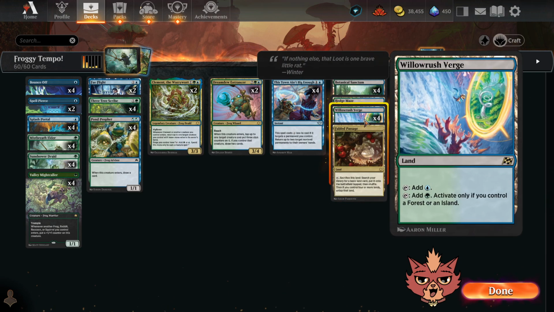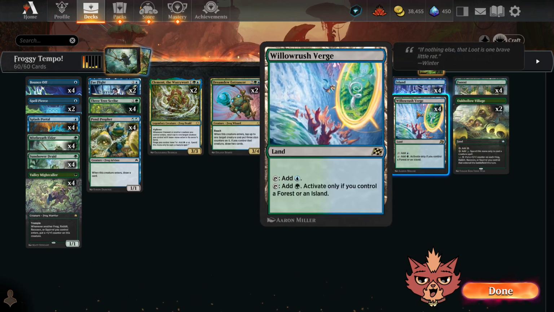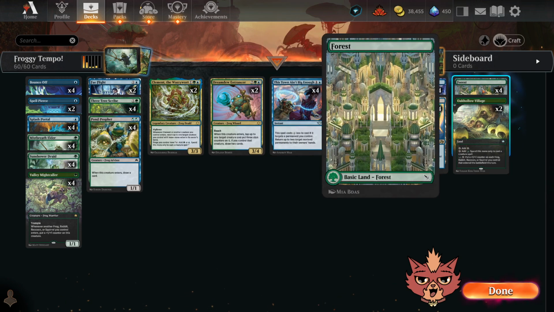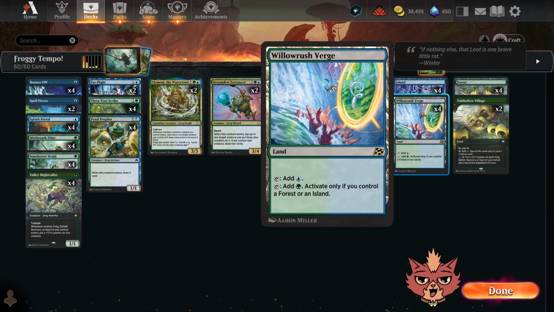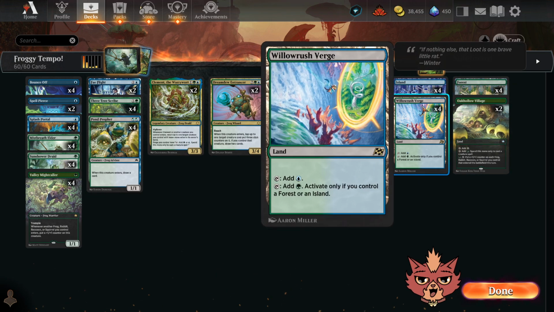Well, we're leaning green because we have all 4 of the Willowrush Verge. Now we're leaning blue if we treat Verge as just a blue source, right? But we're not trying to treat it as just a blue source. Most of the time, we want this to be an amazing dual land. So only if you see an Island or a Forest, or a Fabled Passage, or the one Hedge Maze as well, will also help you power up that Verge to be excellent. So even if we are considering this just blue, and we're leaning blue all of a sudden,